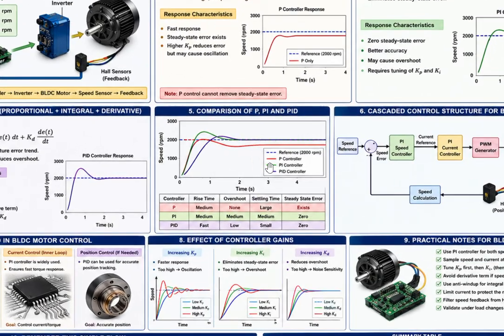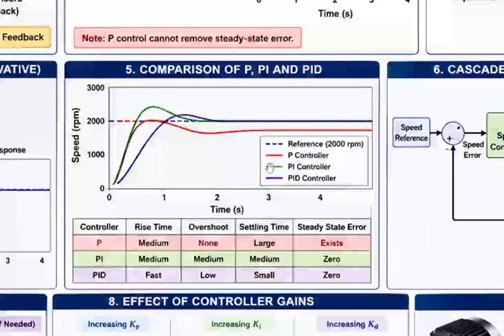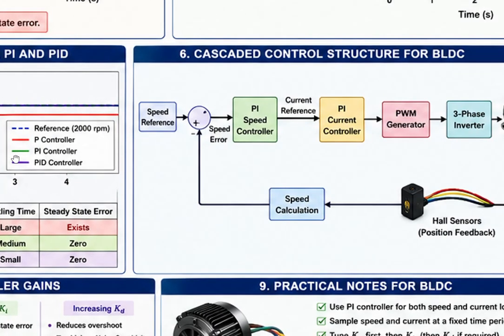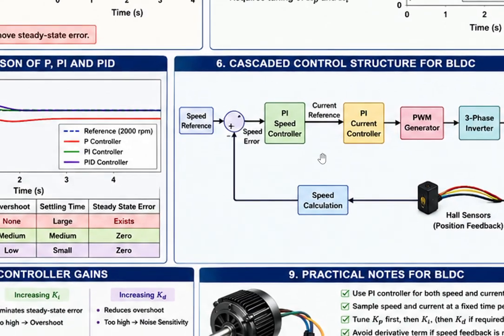So you can now clearly see, the PID controller gets some time to reach, but its overshoot is very less, whereas the PI controller responds very quickly, but it produces a high overshoot. So the PID controller is preferred for an effective system which gives smooth control. Okay, so the next one, if you see,